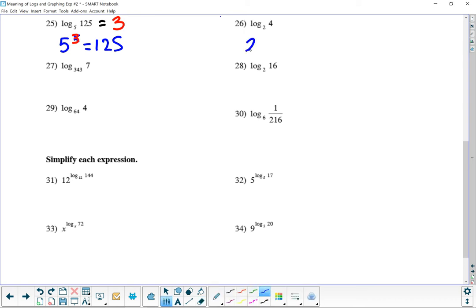Next one, we got 2 to what power equals 4? Oh, there's the bell. And you know that 2 squared is equal to 4. So we know that log base 2 of 4 is going to be equal to 2. That's the correct answer. Okay. This one's a little tricky. The next one, 343 to what power